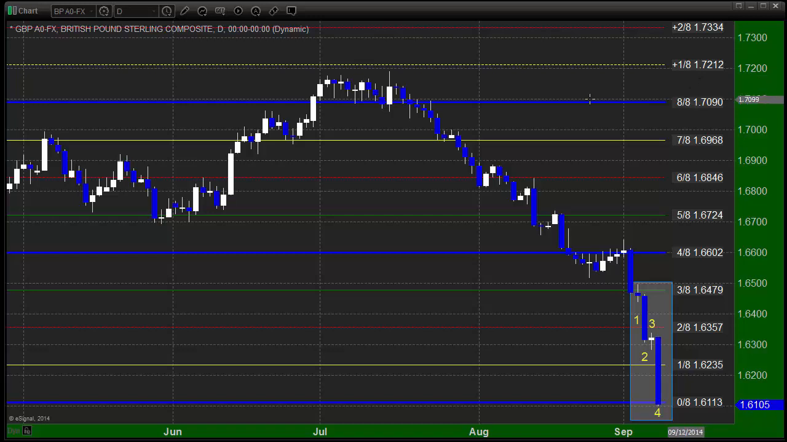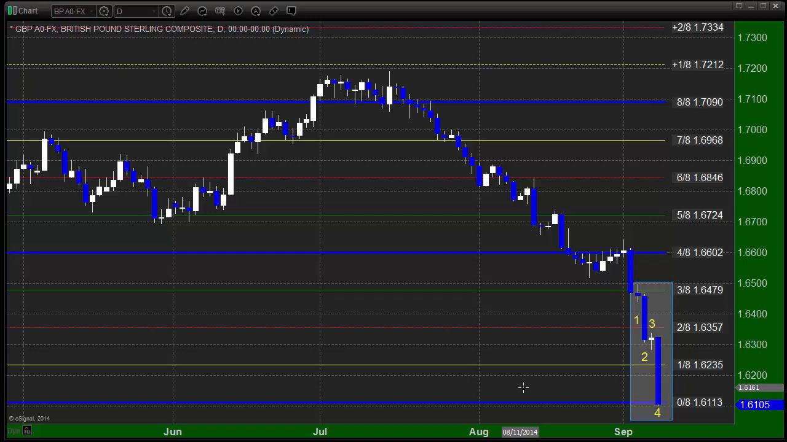And you can see how the 8/8 level certainly came into play here. It was a key level. The 4/8 level was this little bit of a support here, and then this pivot point here for this most recent run. The other thing to note here is that we ran from 4/8